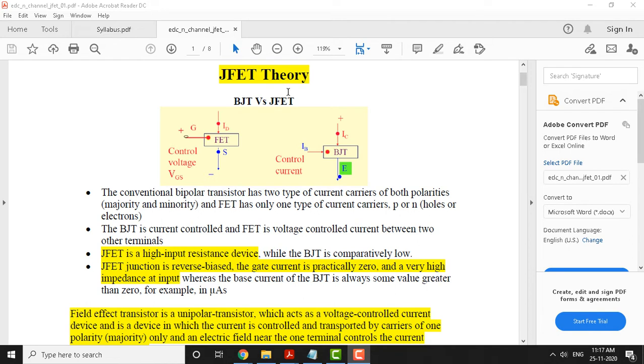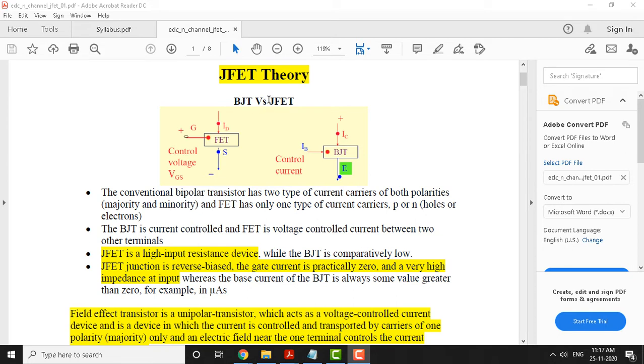The manufacturers saw that the FETs are easily fitted into integrated circuits, and FETs consume little power for operation when you want to use FET as a switch or FET as an amplifier. So, they consume little power, which is a major advantage compared to the BJT.